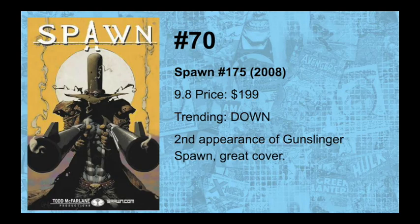Number 70 on the list is Spawn number 175, which was released in 2008 from Image Comics. The popular Todd McFarlane series. This features a now much beloved gunslinger Spawn cover by Greg Capullo. This is actually his second appearance, which makes the 9.8 price even more surprising, coming in at a 12-month average